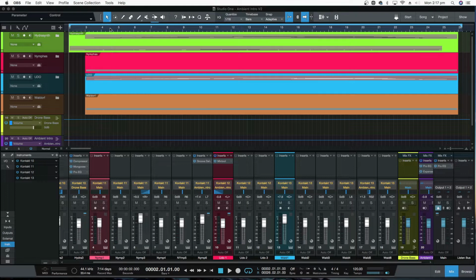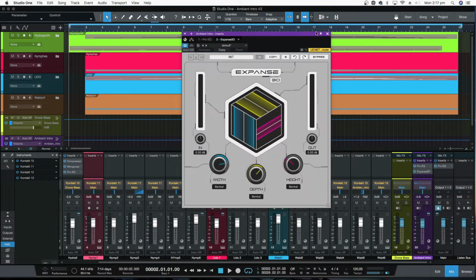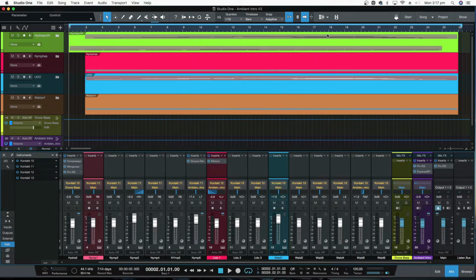Now, I started with the ambient section first, and I used two computers for this actually. This is my iMac, and the only reason I'm using the iMac is to be able to apply this plugin over here, which is called Expanse 3D. I'll get to Expanse in a minute. But